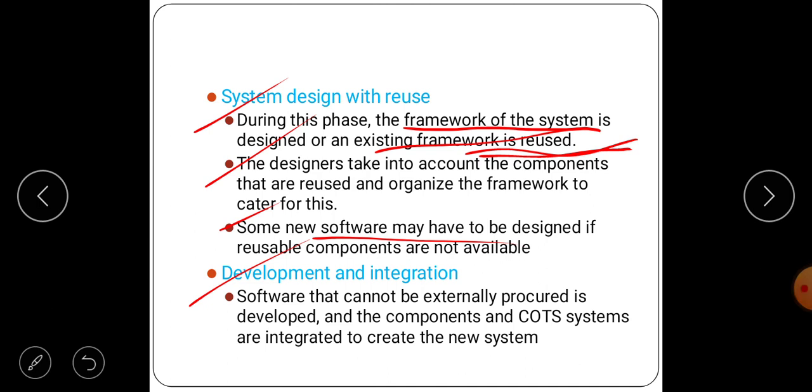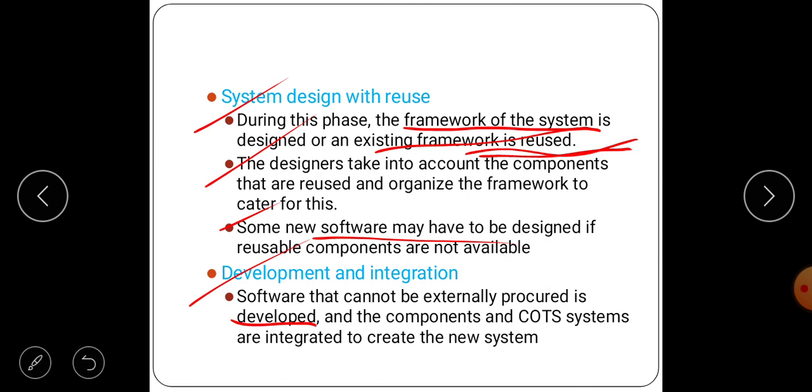They are telling that software that cannot be externally procured, means, what is meant by procured? Nothing but obtained with care and effort. Software that cannot be procured is developed, means when you are not getting the exact software, we are going to develop it.